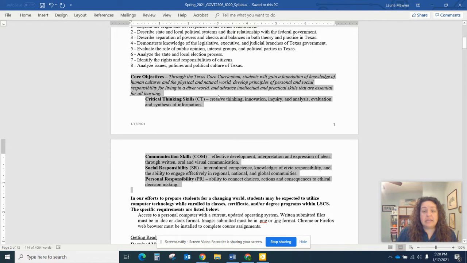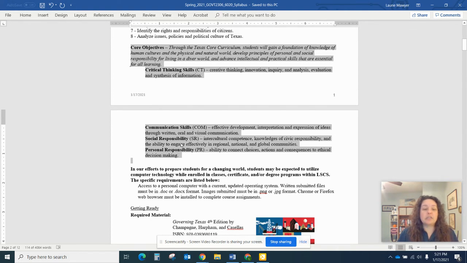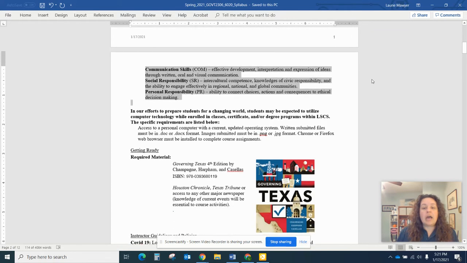Well, to explore these 4 core objectives as set forth by the Texas legislature and the Higher Education Coordinating Board, we have to do these things. So it says to do critical thinking, communication skills through written, oral, and visual communication. But we're online, so you get to write, and develop a sense of social responsibility and personal responsibility. So writing papers answers those things.